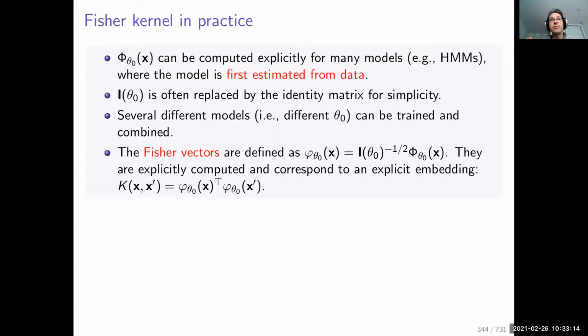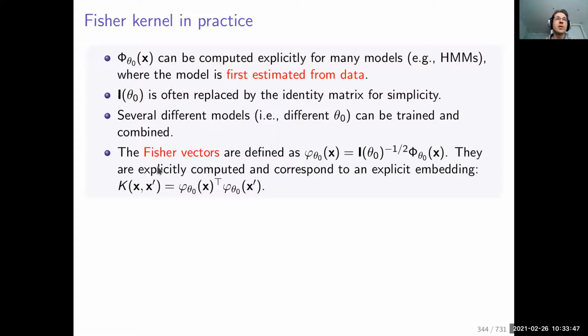There are also ways, and I don't want to detail them in this lecture, to combine different parameters theta 0. Saying that on a specific data set I'm going to fit theta 0 using maximum likelihood is a bit arbitrary. You may have different subsets of data giving different estimators, and different ways of fitting theta 0. There are techniques to combine these different estimators.